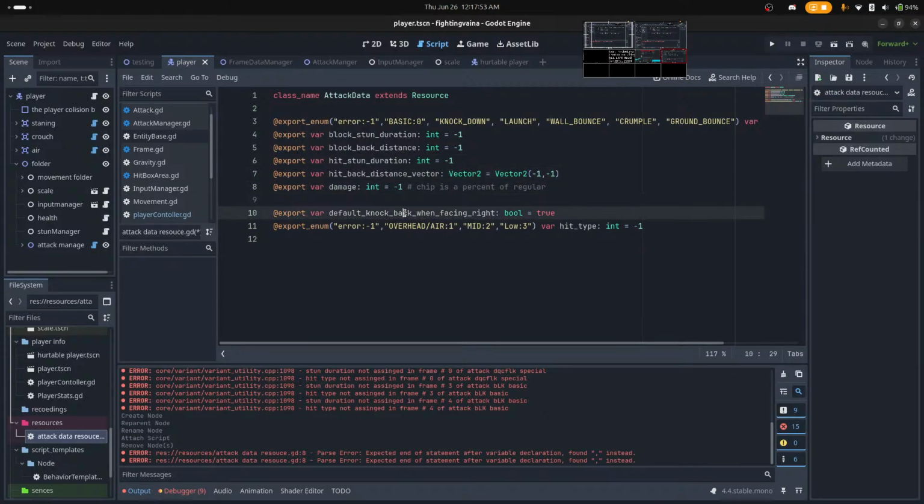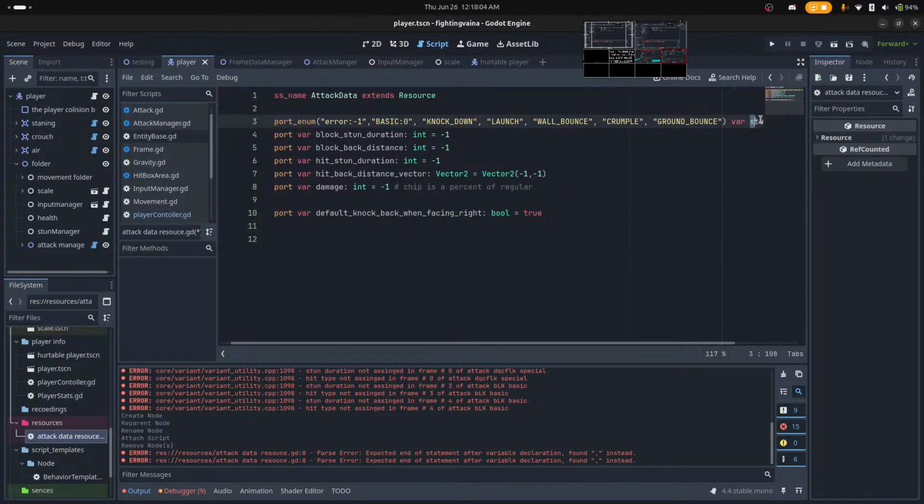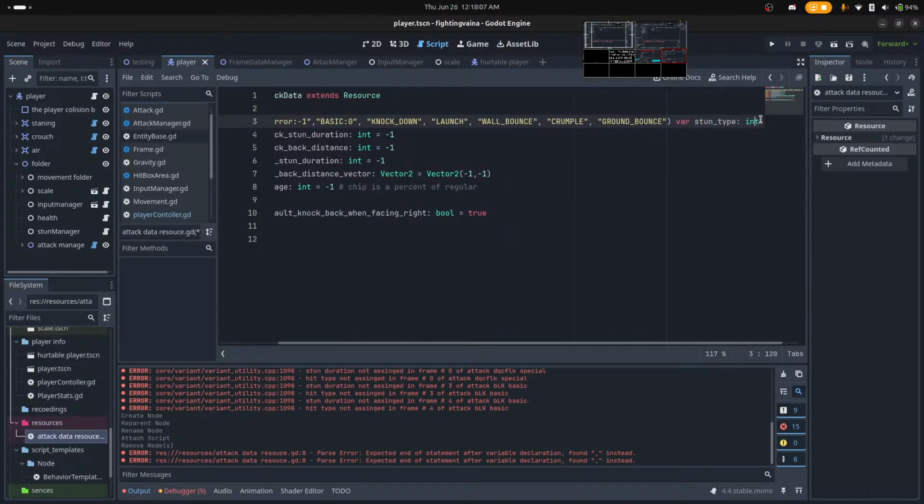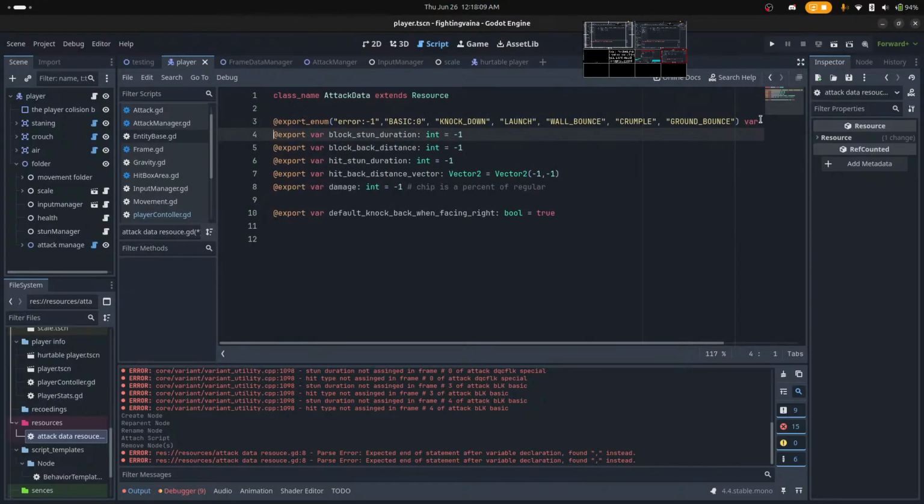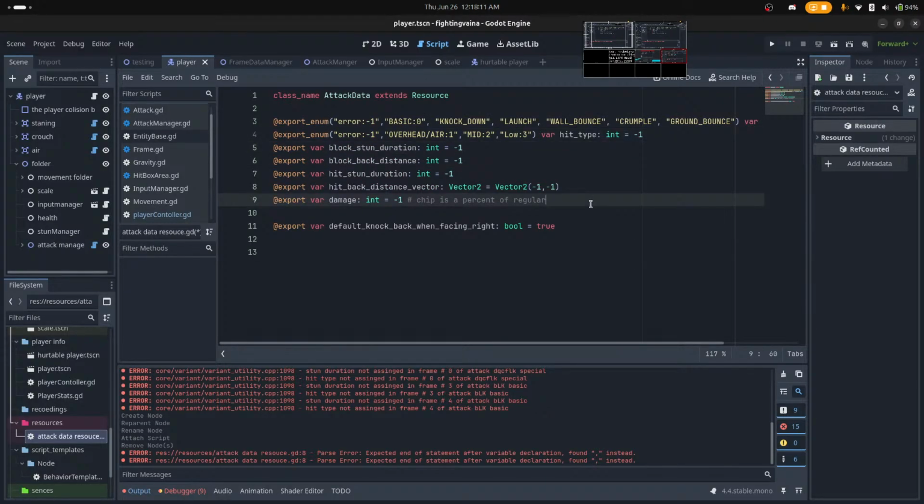Damage, default knockback when facing right, probably be like this as well. I don't really use this, but yeah, it's there.